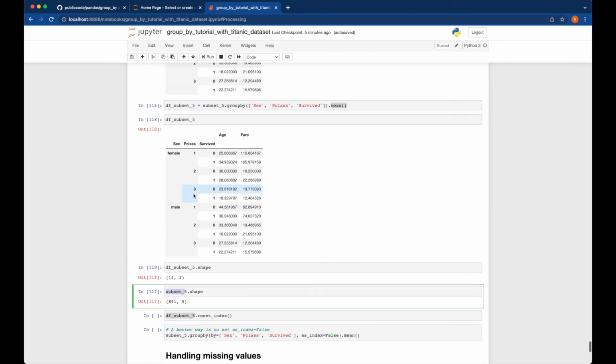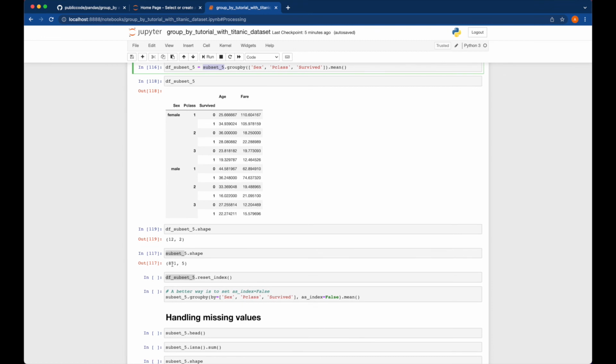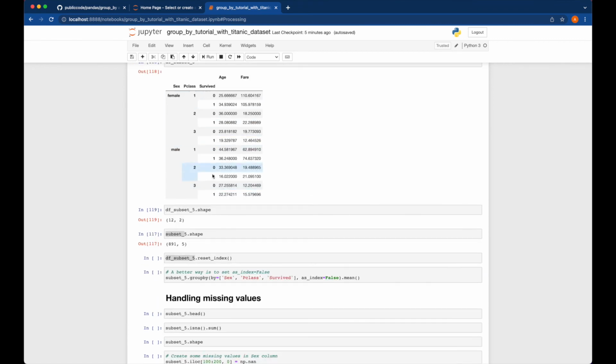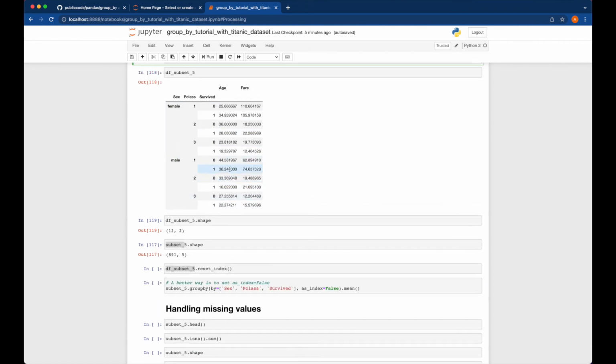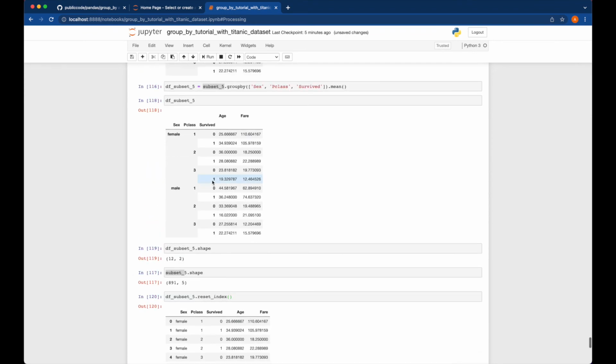Subset 5 is these 891 rows. So that's how the 891 rows are composed into this result. If you want to flatten this record, df subset 5, this is how you flatten the record. This one was designed in this way, because if you look into this object